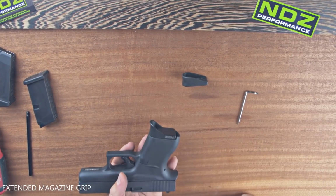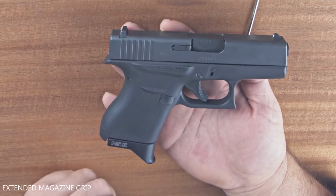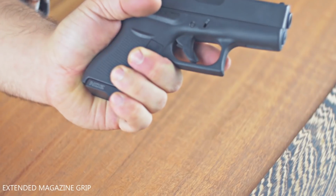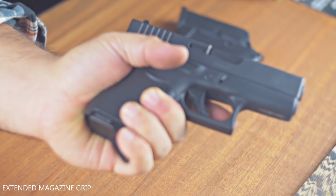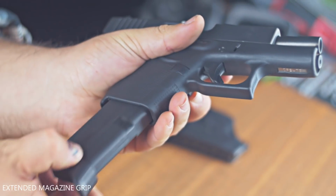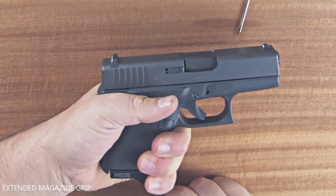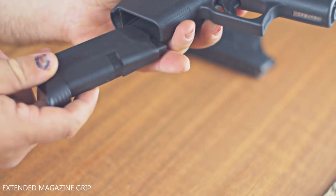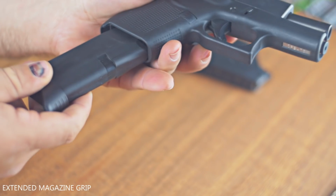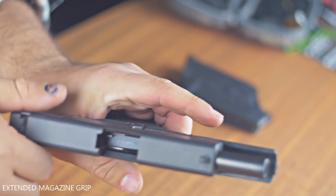Alright, so now let's see what we get when we grab this guy. It's got that really cool NDZ decal, that anodized aluminum. Definitely pretty cool looking profile. It's got that same grip angle here, so it should have the same imprint, but let's see. Oh yeah, immediately I realize how much better of a purchase I get. That is incredible. So after installing my magazine floor plate for my Glock 43, I am extremely happy with the